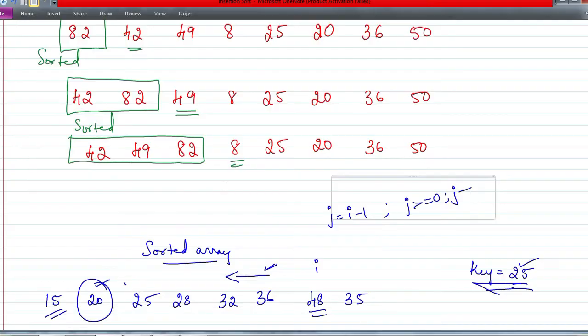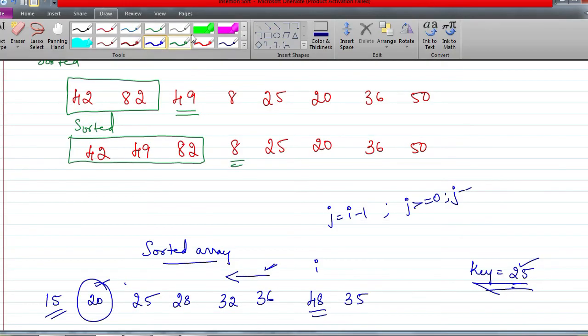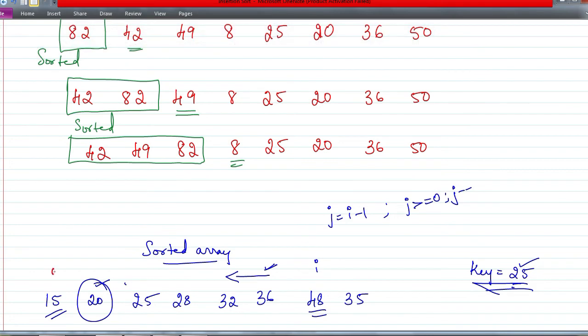Observe here, we had taken these example numbers, right? So this was position number 0, 1, 2, 3, 4, 5, 6 and 7. So when i is 6, j will be i minus 1, means 5. And as long as it's greater than or equal to 0, we are going to do the comparison and move in the backward direction.